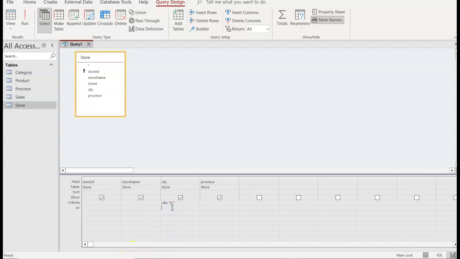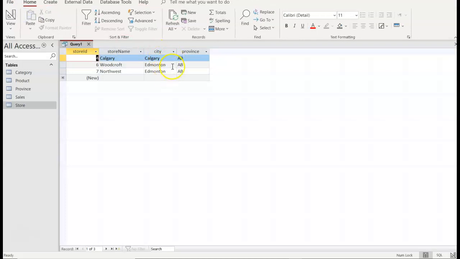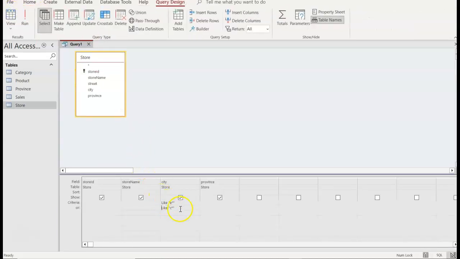How about if I was looking for the letter C, something that starts with a C, I can't remember, and let it find any of the cities that start with the letter C. And there we go. We have 2 for the E's and 1 C. And then another way you could do it is you're looking for